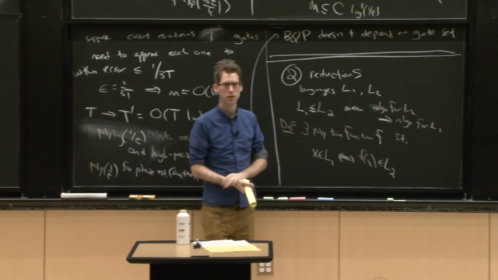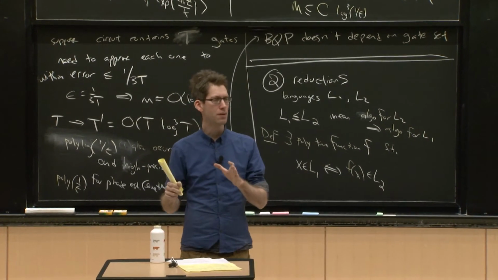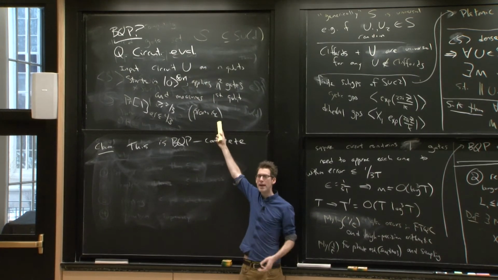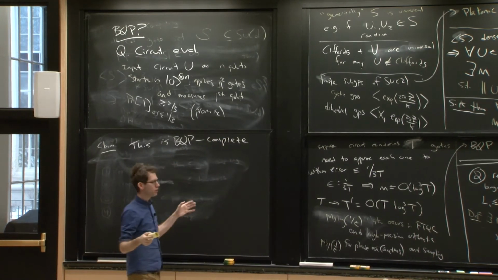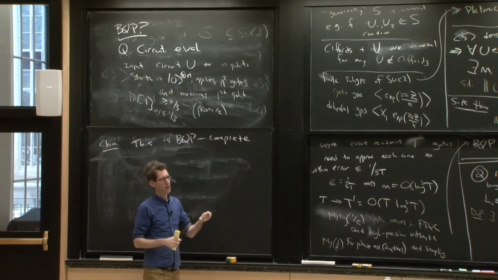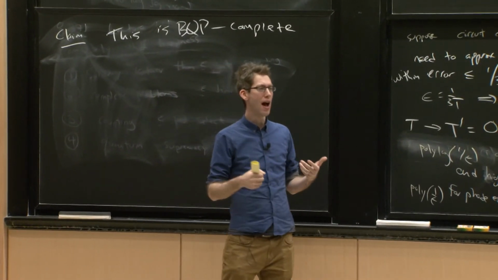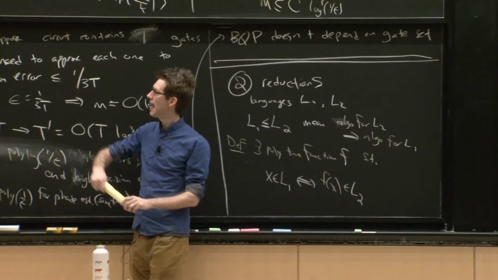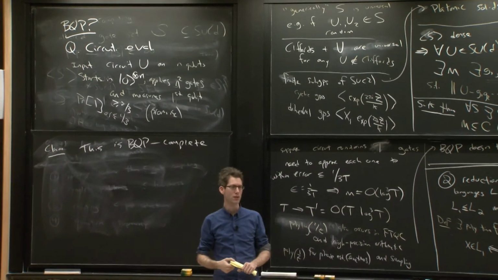polytime reduction. Remember, that's what we need for hardness, right? We need there to be a polynomial time reduction from any problem in BQP to this one. The number of gates here is defined in terms of the input to this problem. So I start with my original n, and then I might need n to the 10 gates. And then I have some new n prime, which is the length of this output, which could be like n to the 20. And then I've got n prime qubits and n prime squared gates. And that budget is more than enough to accomplish what I want.